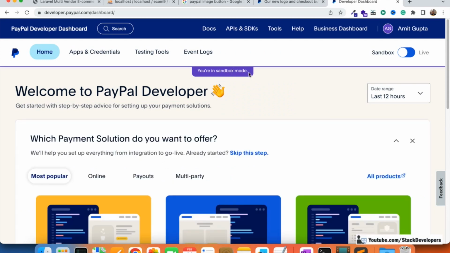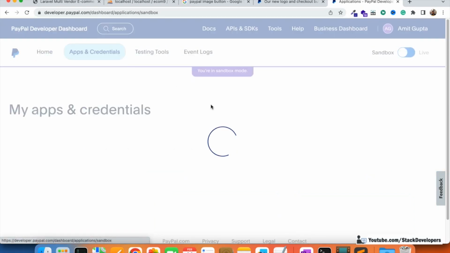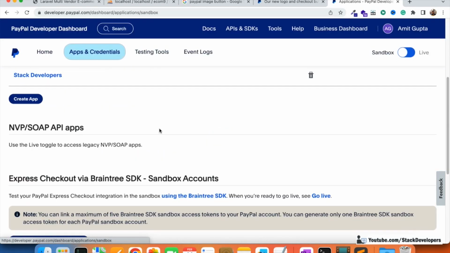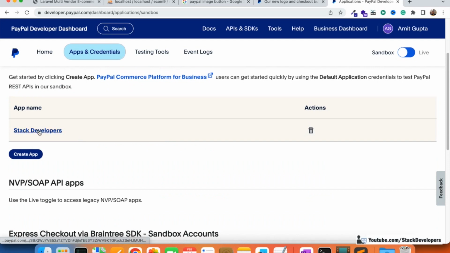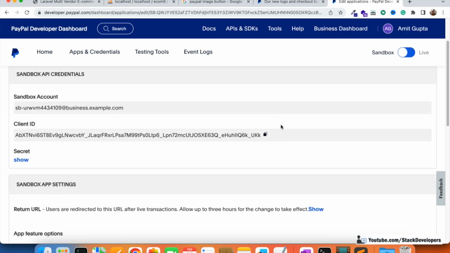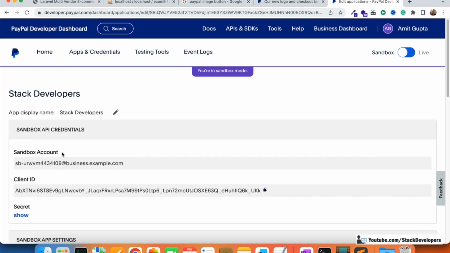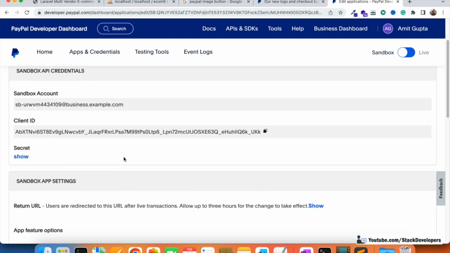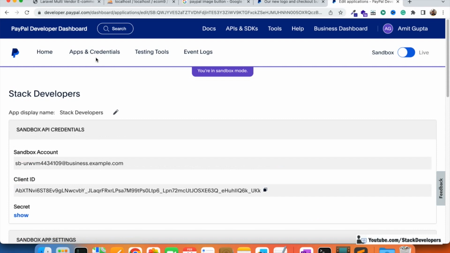So here you can see you are in Sandbox mode, it's coming here. Okay, so I will go to the apps and credentials. I will create the new app. Here you can see this tech developers is already there. Okay, so I can click on this one and see here I am already having the credentials. Okay, for the account I'm going to use that,